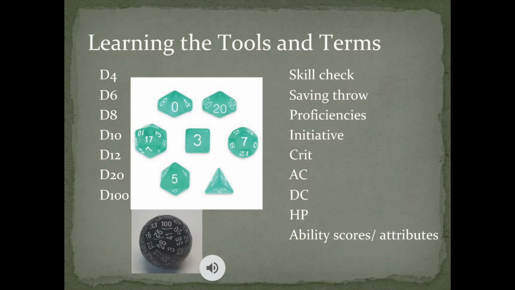Learning the tools and terms. Dungeons & Dragons and other TTRPGs use many different forms of dice and other terms. The core dice that you will use is the D20, or the 20-sided die. In our image of the blue dice, that is the one on the left side. The other common dice you will see are the D4, which is the triangle-shaped dice in the bottom right of